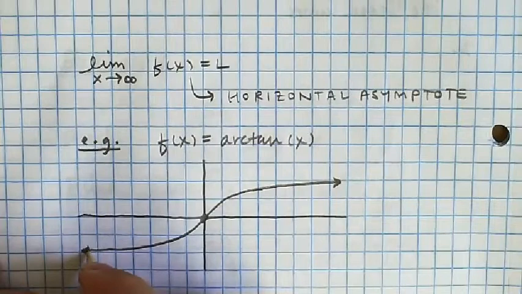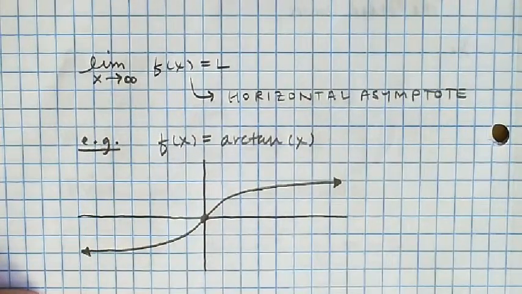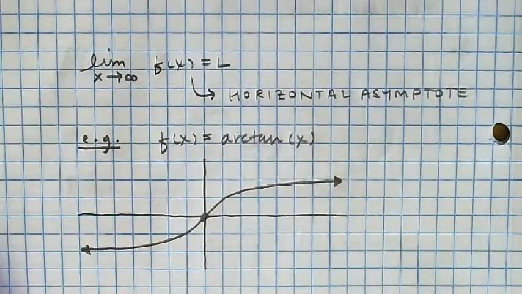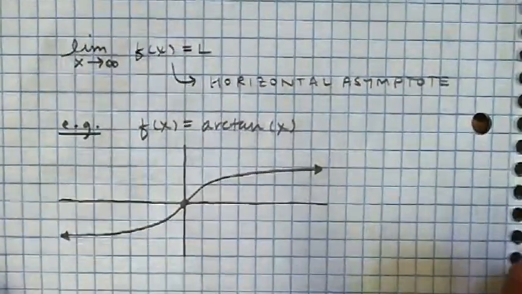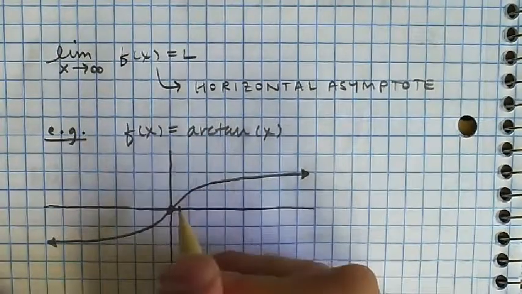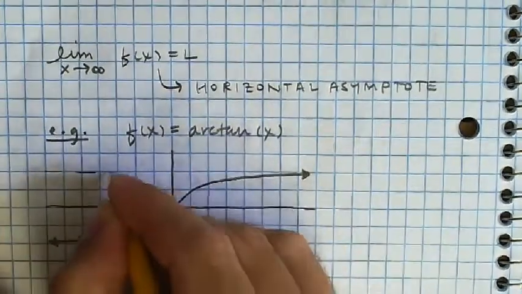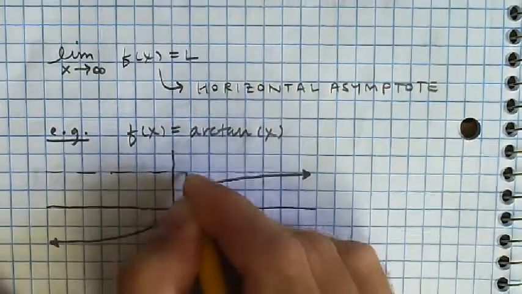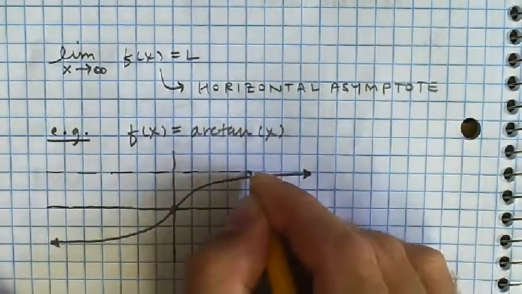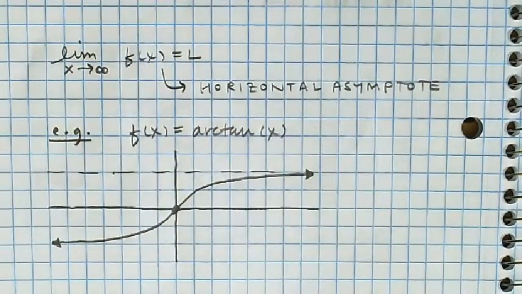It has a different horizontal asymptote as we approach positive infinity and negative infinity, and that is entirely possible. We'll see other functions today that do that. And it has to do with the unit circle, right? Normally at this point I would ask, does anybody know what the equation of this horizontal asymptote is? And I would wait, and usually one person will figure it out. But I want you to think,